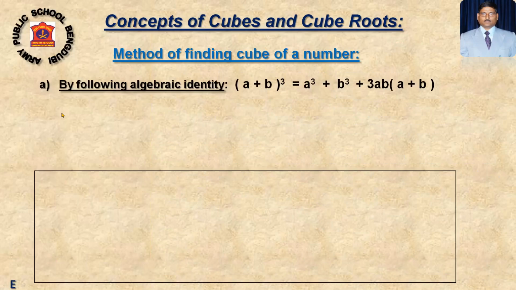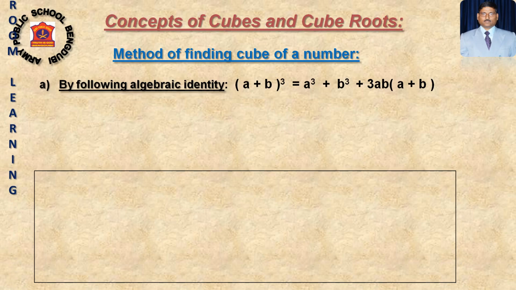Now, second, what are the different methods to find the cube of a number? Different methods are there, but only two methods we'll discuss. In your book, one method is there, and I am adding one also here. That's why you have to remember the steps I am giving today. We have to apply it in your textbook. Okay, so please pay attention.